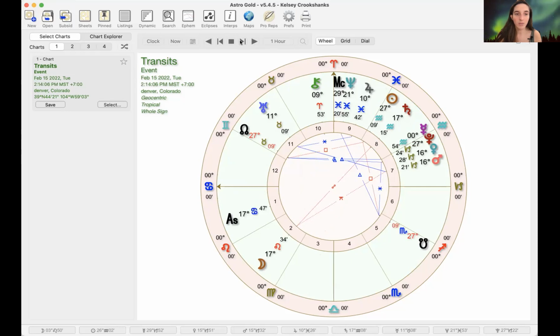At around 2 p.m. Mountain Time, the sun will make an exact trine to both the nodes. And this is when the moon will be opposing Saturn as well. This is the energy of, okay, we've got to get serious, or things are going to go really wrong